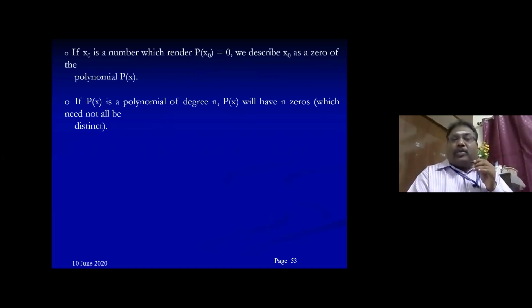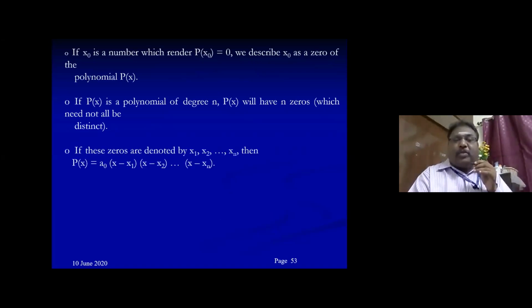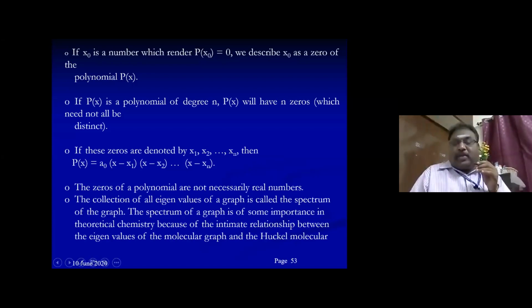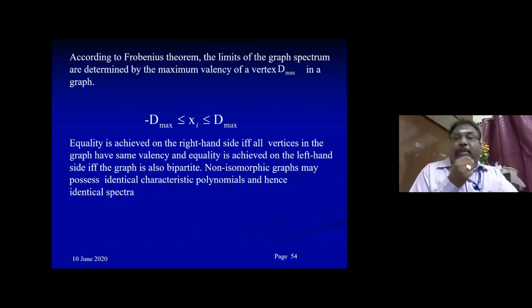Fine. So these are the theories which I spoke to you about in the previous slides. The zeros of the polynomials are nothing but the eigenvalues. They are also called the spectrum of the graph in theoretical chemistry, which gives the relationship between the eigenvalues. Spectral graph theory is a separate area. Fine. According to Frobenius's theorem, the limits of the graph spectrum are determined by the maximum valency of a vertex, D max of the graph. So for the valency of a vertex, D max,